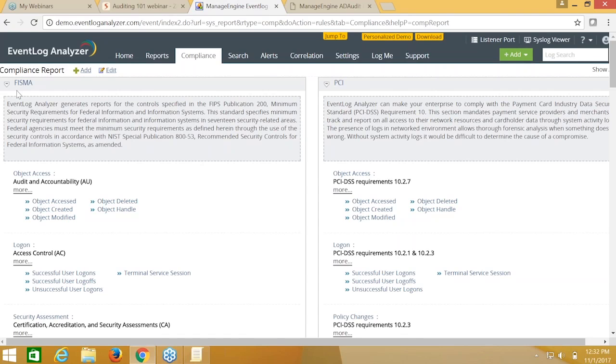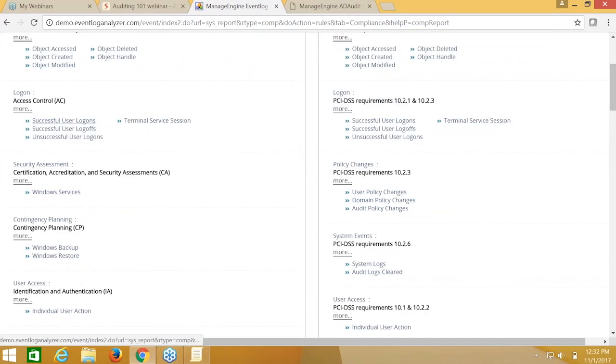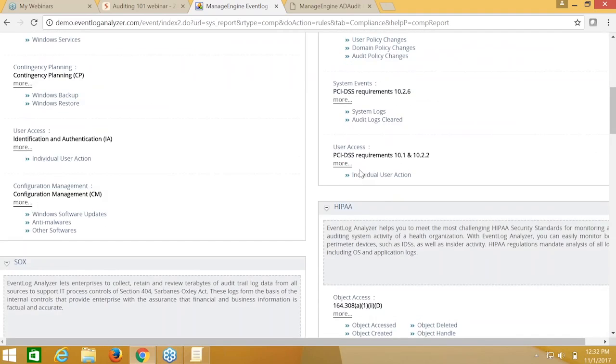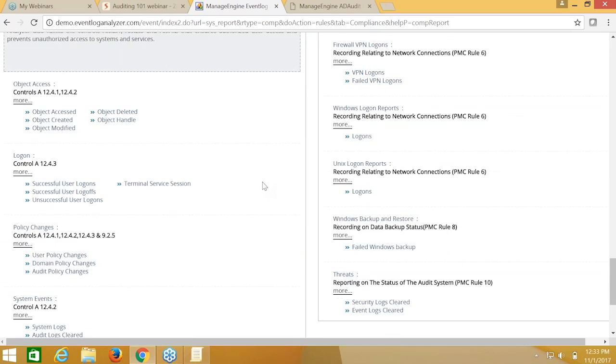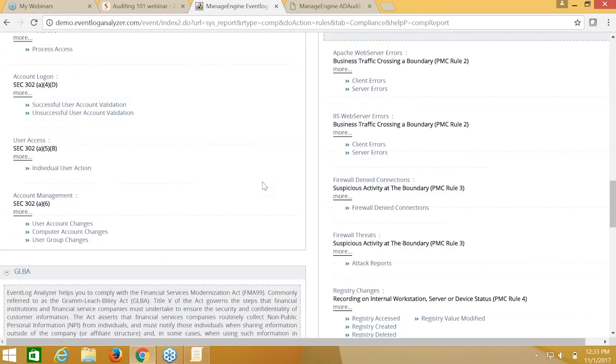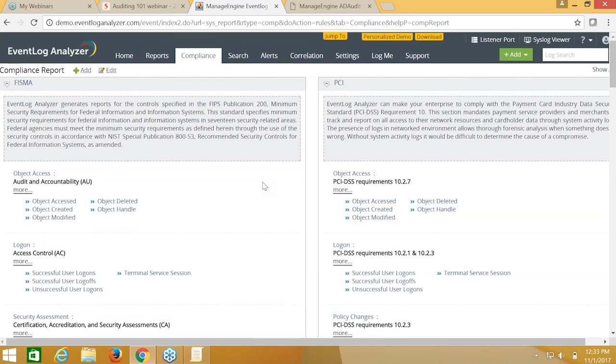What we do with compliance is, for a lot of the common compliances, we have mapped the requirements to predefined reports that the tool provides. All these reports are instantly accessible as soon as you get the product up and running. So you don't have any extra configurations required. You don't need to do anything special to run the report. As soon as you've added the particular source, be it a file server or a domain controller or a database or a web server, you will be in a position to immediately start seeing results and viewing the data in the reports that get automatically generated.